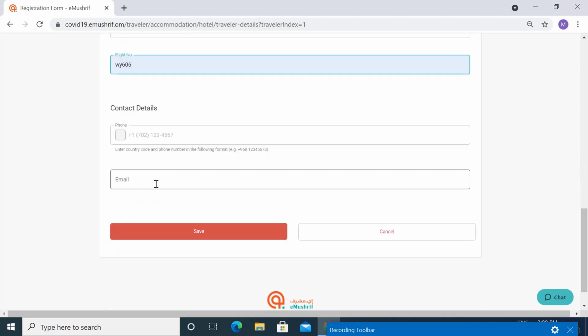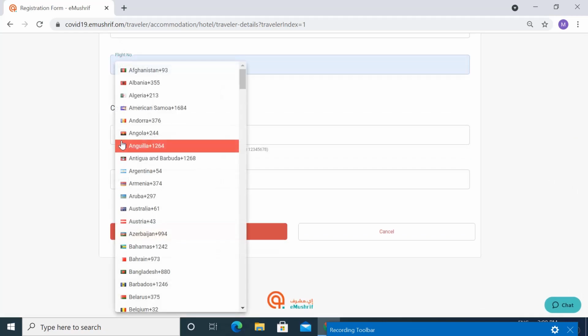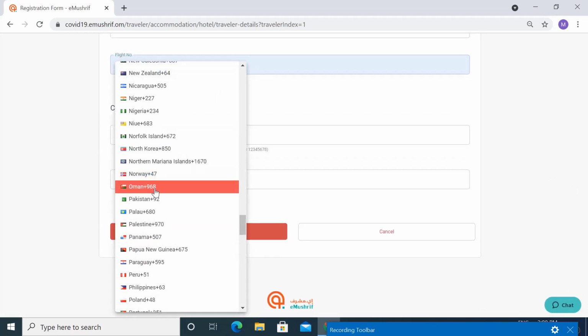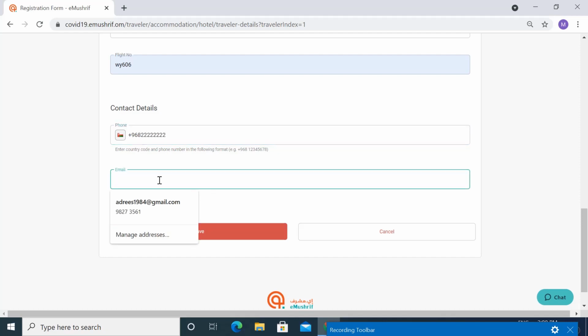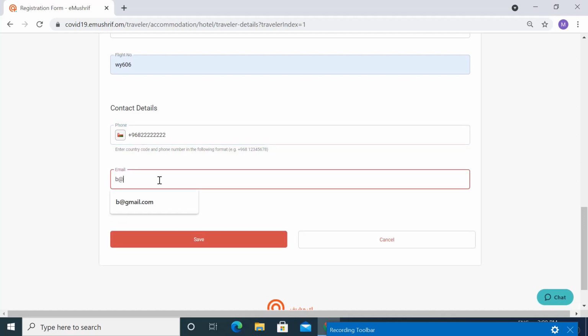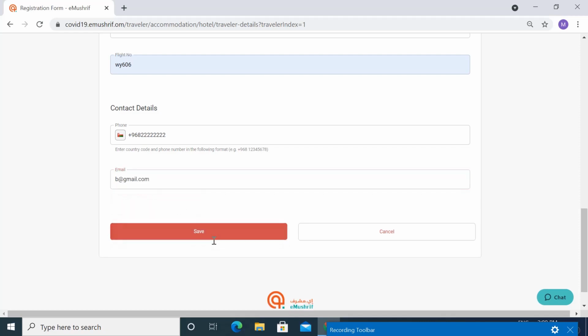Again here your contact details with the country code and your email address. And save it.